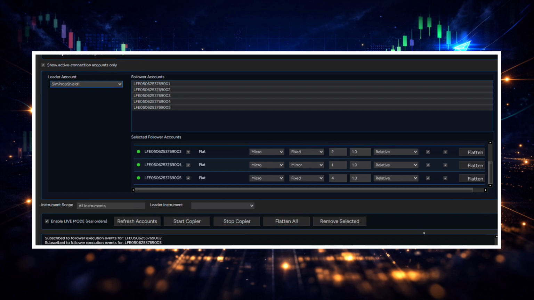That's what I've seen in other copiers where they don't copy the exact order, or your leader or your followers. Some of them hit their target or stop. Your leader and your other followers, some of them are still open. And then when your leader gets hit, all of a sudden, one of your followers that was flat reverses position. This doesn't allow you to do that. So we have set it up to where